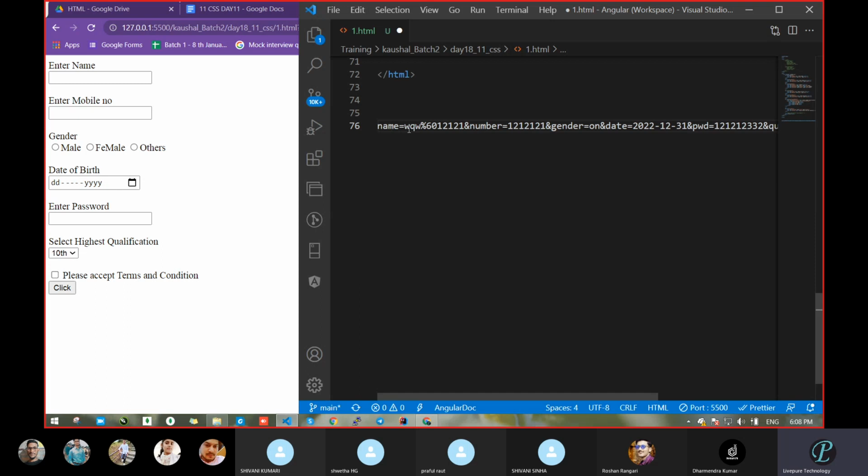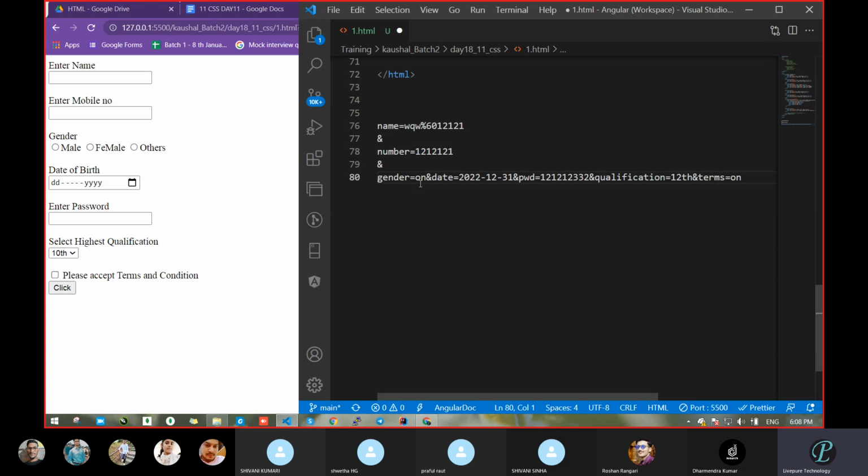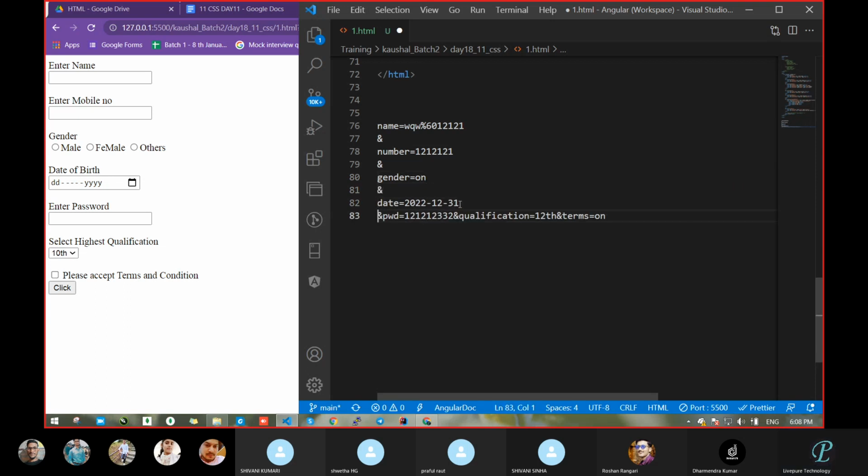You can realize easily, you will get that number here, it is separated, and then here it is separated, then this, then this, then this one, then this one, then this one. And you got something here. How did we get this data in our URL?